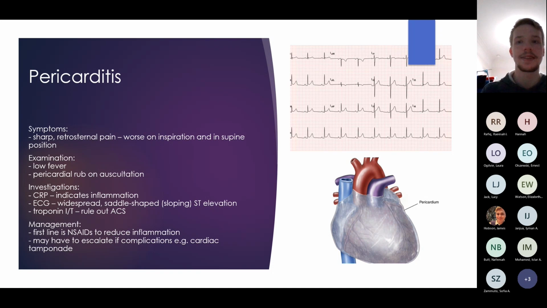So it's more like an arch going like that rather than what they describe as a saddle going like that. And on top of the ECG, you'd probably look at CRP,